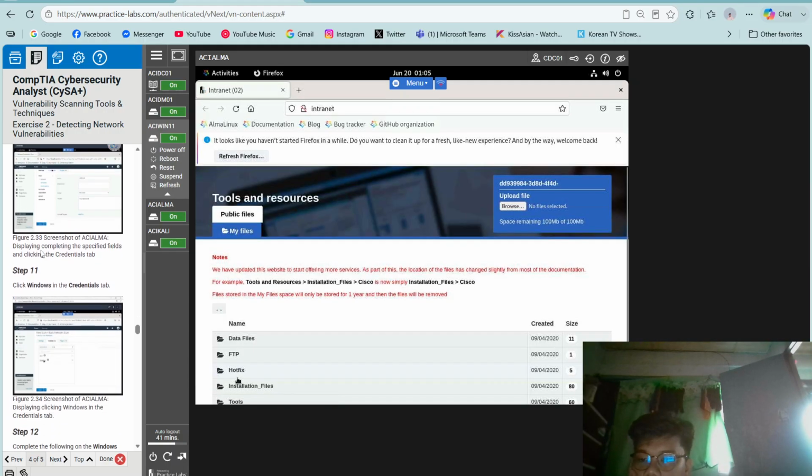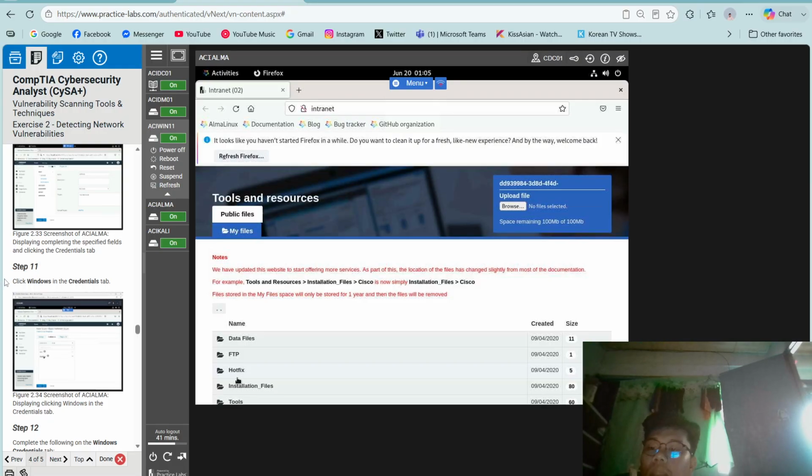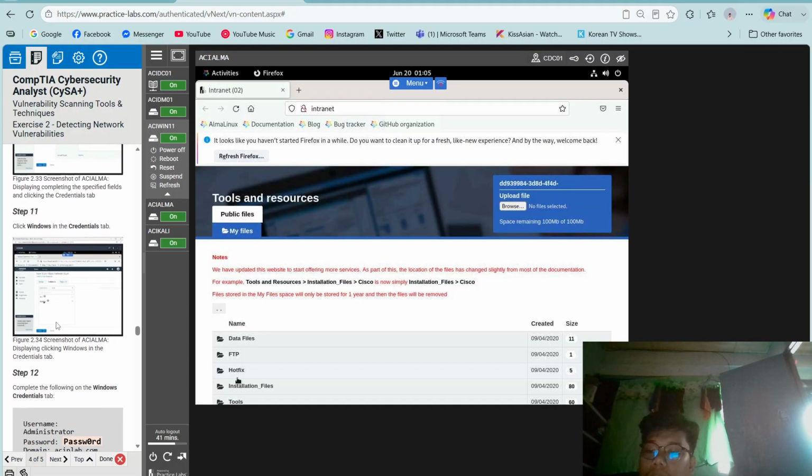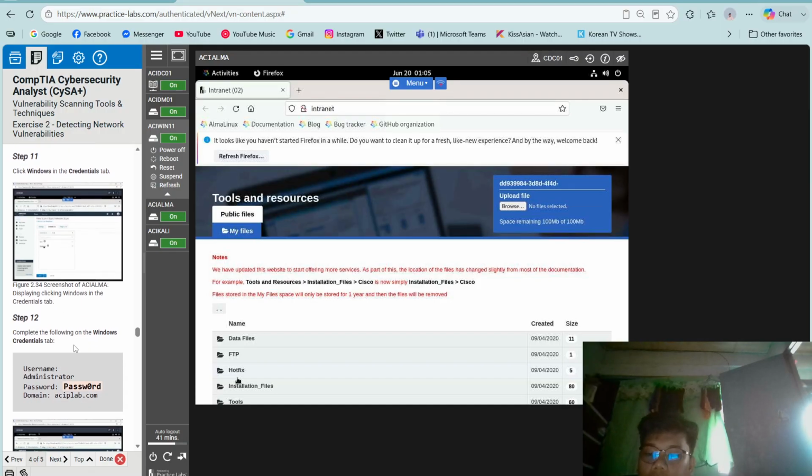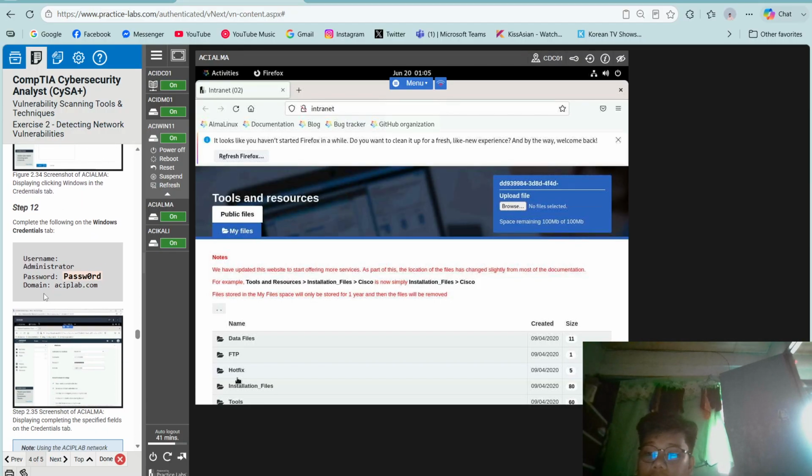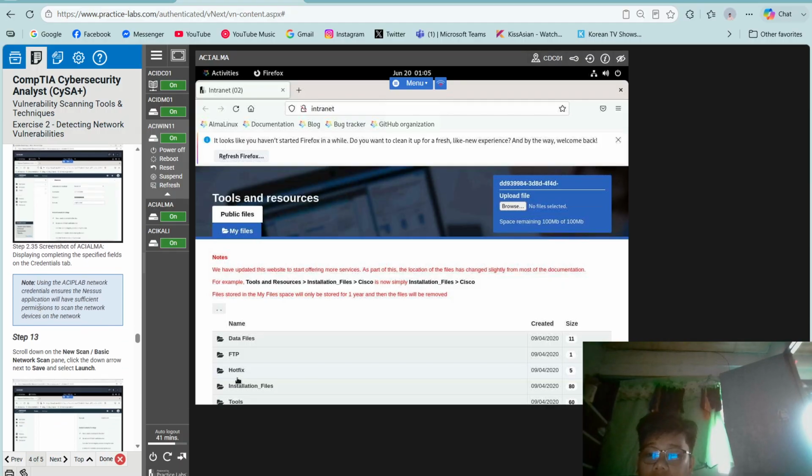So click the Credentials tab. Step 11, click Windows in the Credentials tab. In step 12, complete the following in the Windows Credential tab. Username: administrator, password, domain: aciplab.com. Using the ACIP Lab network credentials ensures the Nessus application will have sufficient permissions to scan the network devices